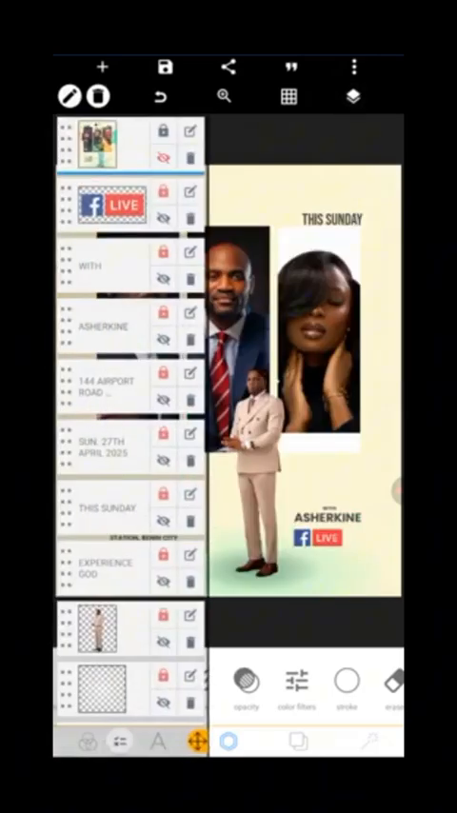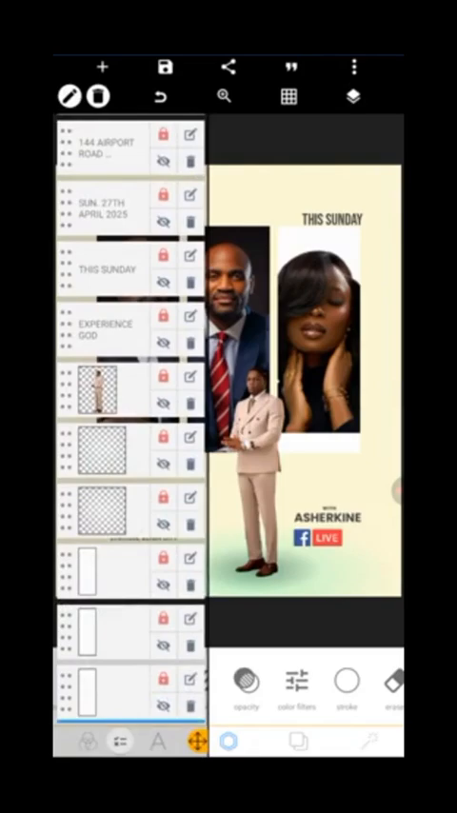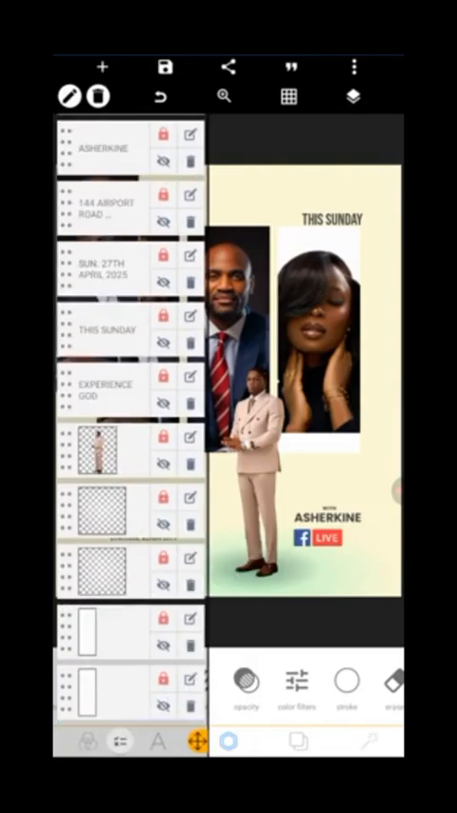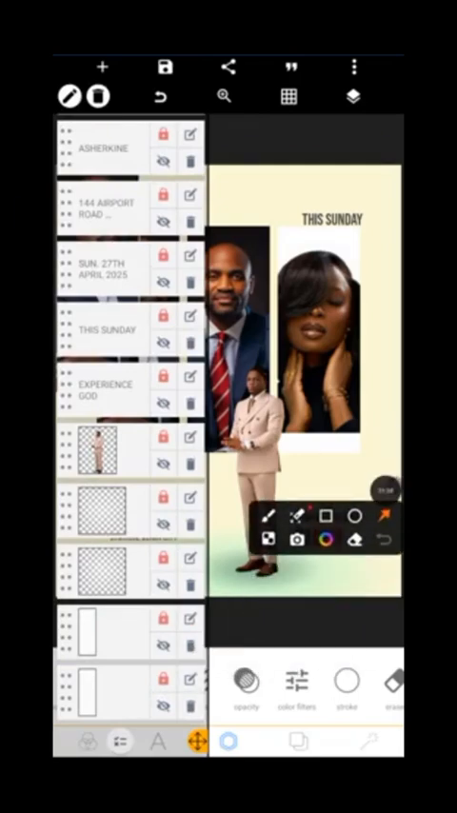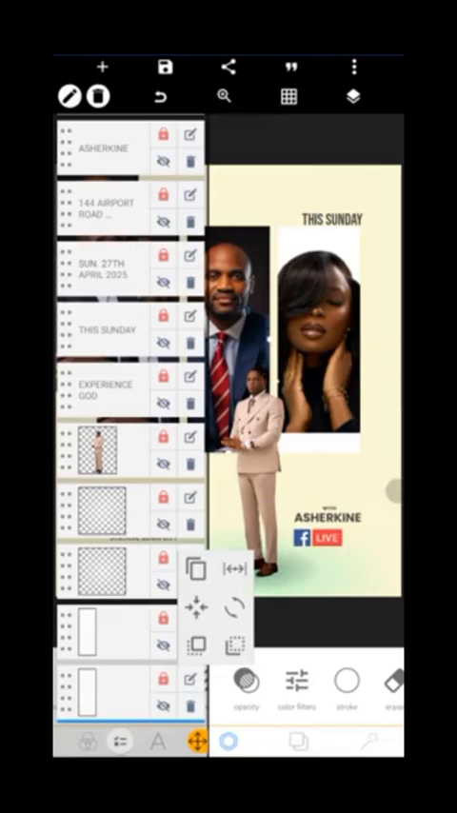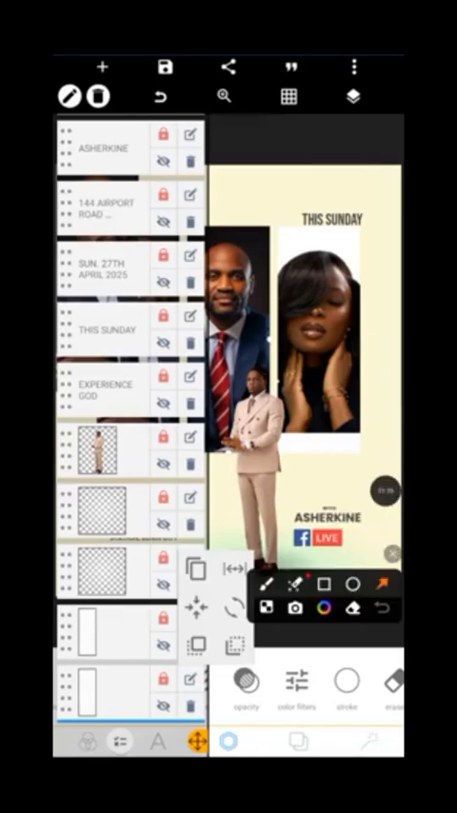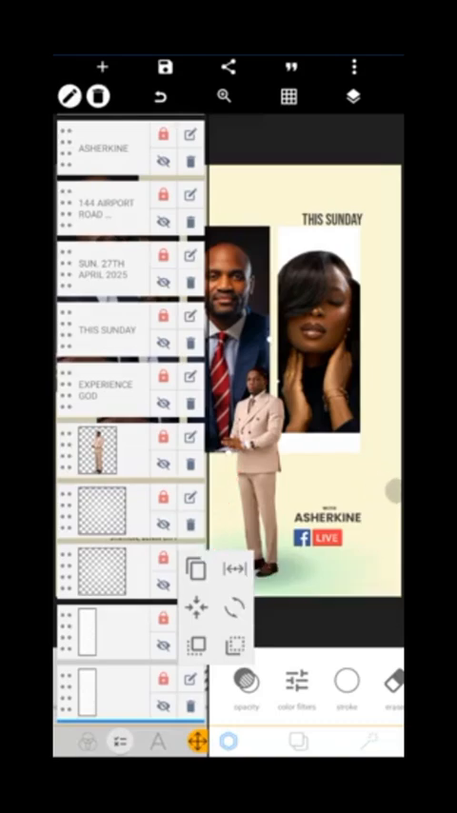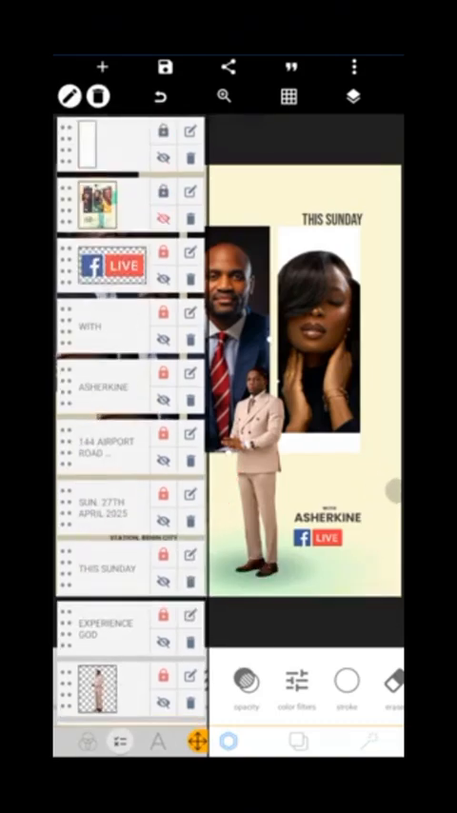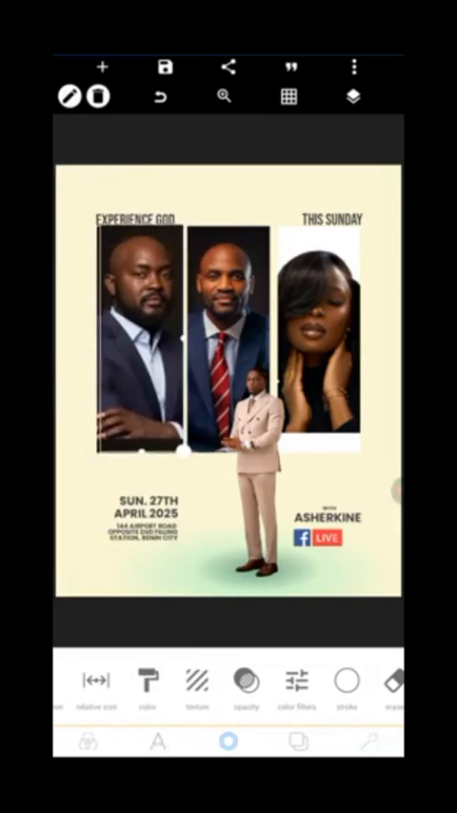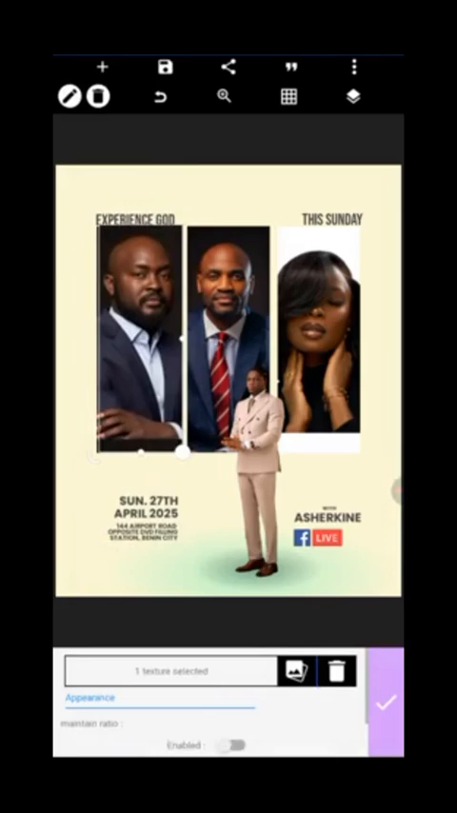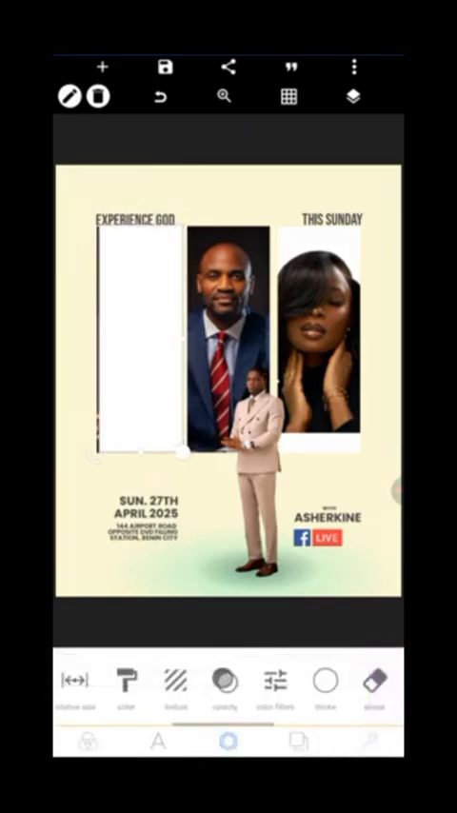So now, what you do is come down to the shape and copy one of the shapes. To copy, you simply tap on this icon here. When you tap on the icon, you then see the copy icon as well. You tap on it, then you'll be able to copy. So I've copied already. Now you come to the texture and delete. So after deleting,